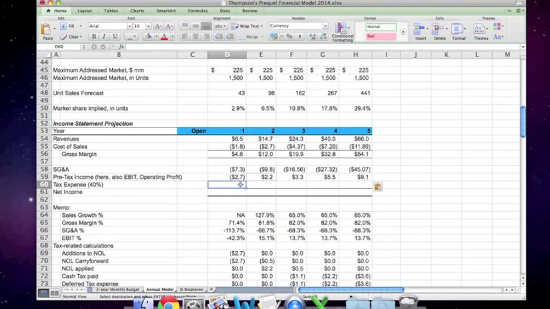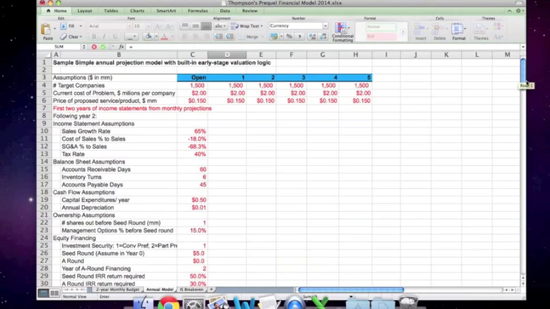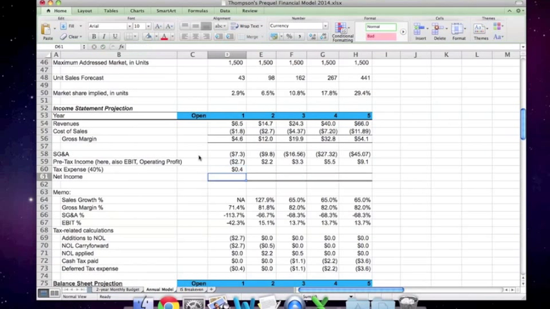Now tax expense is actually also given as an assumption, so I'm going to collect that from the assumptions section, and we don't have taxes in our monthly budget. We're not making any money in the first year, but here we are, and it's going to be 40%. I'm going to make that an absolute cell reference. And then I'm going to multiply it, since I didn't put the equal sign in earlier, I'm going to put it in here, times pre-tax income, and that should give me